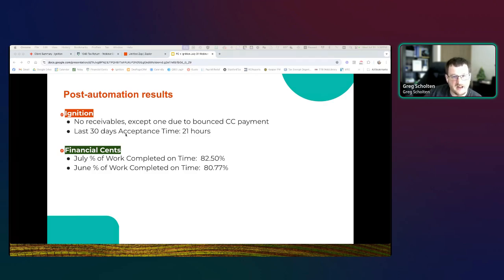And in the last 30 days, it takes an average of 21 hours. If it was during tax season, I would say we're probably within a day or two on the average acceptance time for that. For Financial Sense, I calculate this statistic manually myself, but with the information I get out of Financial Sense,